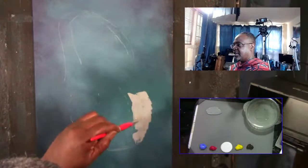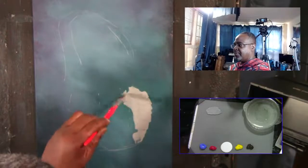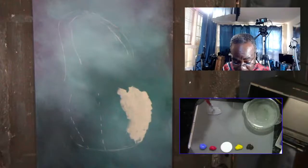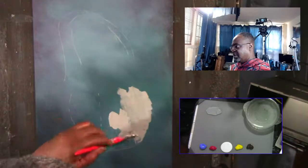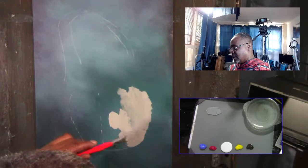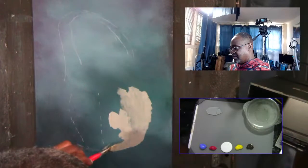That's about it for that, and just block all that in. I come in here, it doesn't matter up there. Just a general area of where I want to place this color. That's all I'm doing. None of this really matters. I will get a general shape down here on the bottom of the